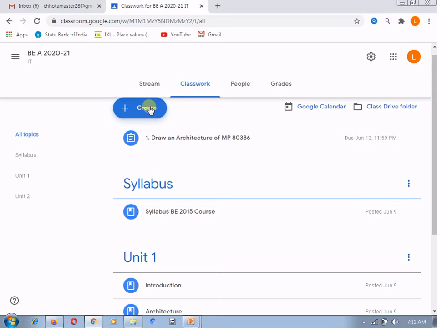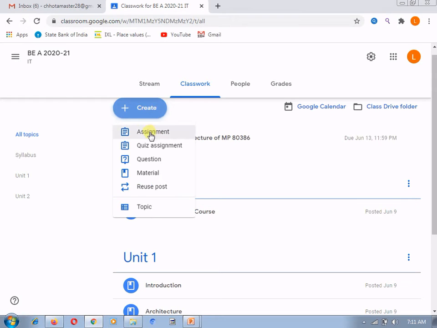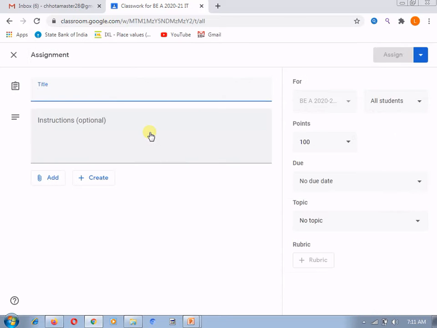Here I am creating one more assignment for the student. I am giving the title to this assignment: write all applications of stack data structure. Suppose I am giving this assignment to the student.